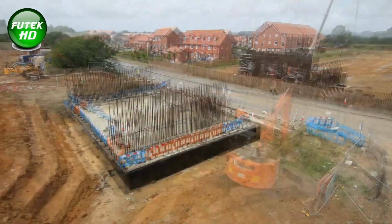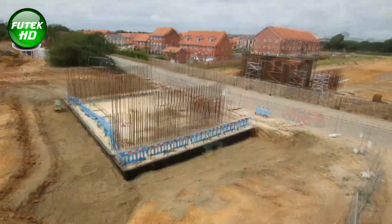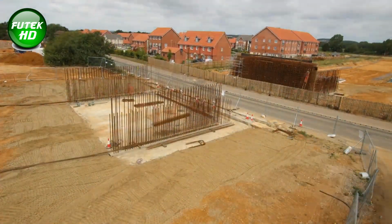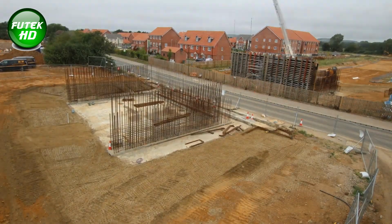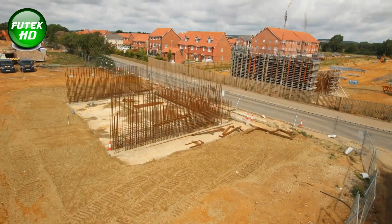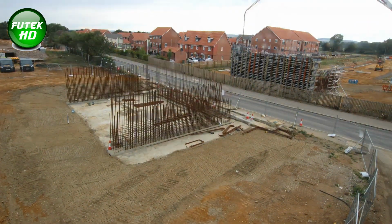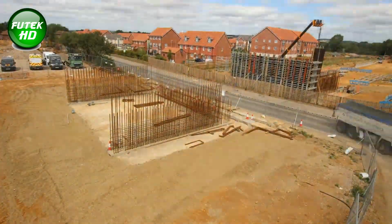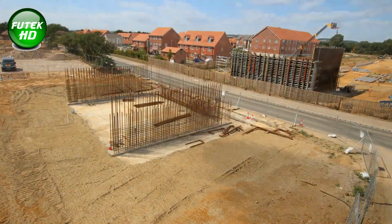This area has been a long-standing bottleneck, causing extensive delays and safety risks for both pedestrians and drivers. With increased demand on local infrastructure, it became essential to develop an alternative solution to ensure safe and efficient travel between Littlehampton and Arundel. The new Lyminster Bridge was conceived as part of the A284 Lyminster Bypass Scheme, an ambitious project by West Sussex County Council to reduce traffic, improve road safety, and create a seamless route for travelers in